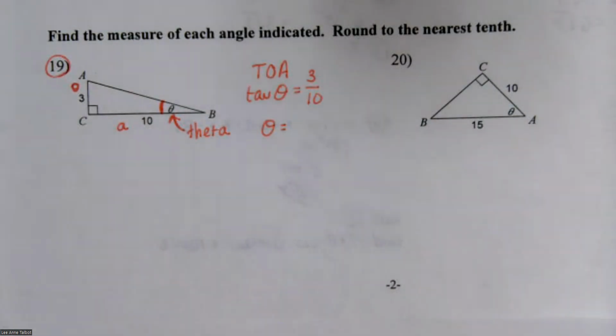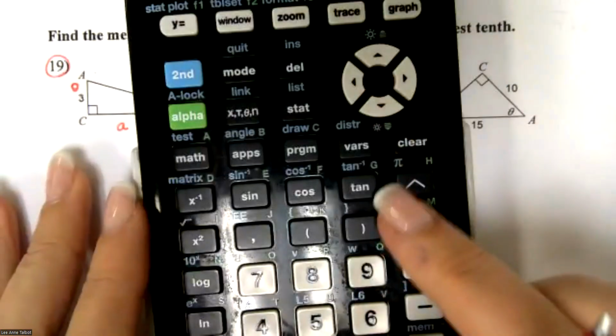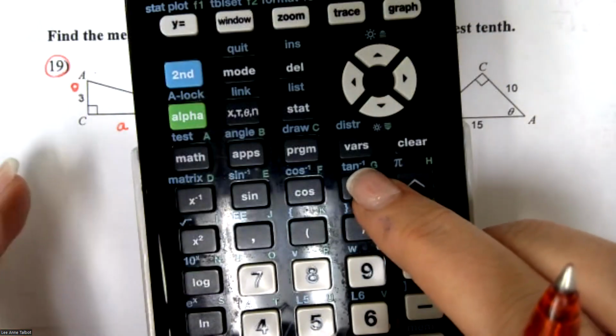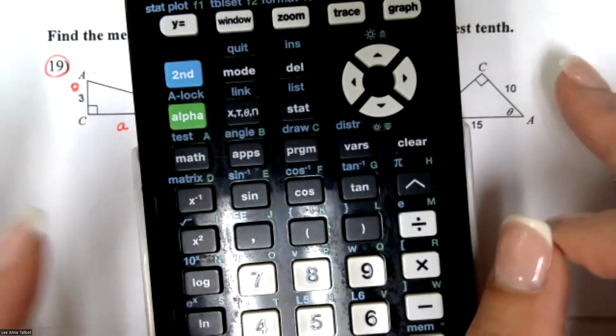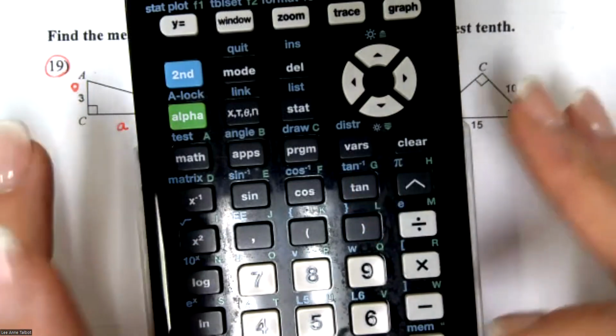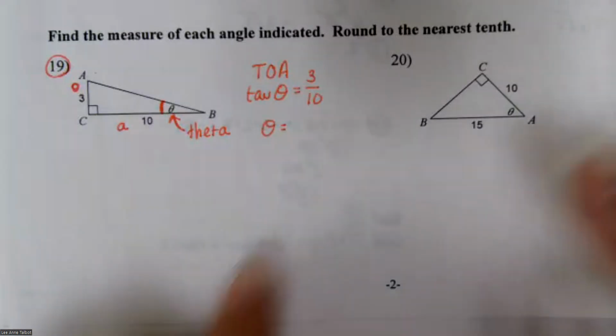No, but it looks like that. So it's called tan inverse right here. And it looks like a baby -1 power because that's how we write inverses, but it's actually not a baby -1 power. It's tan inverse. Okay, so you put